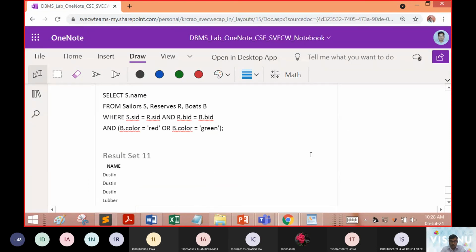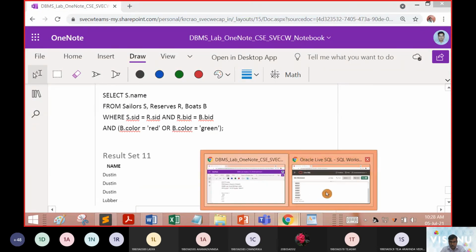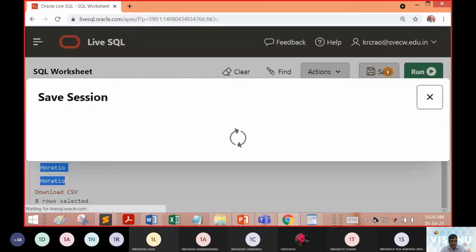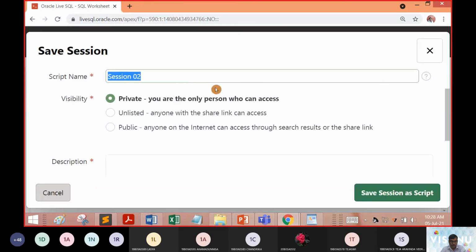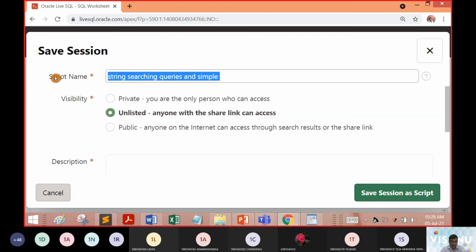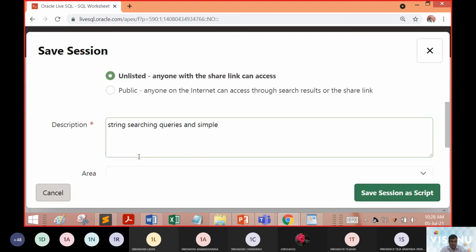Okay, so we will save this exercise for quick and further reference: string queries, string searching, and simple queries. You can make this unlisted, and for future reference I can put this string here and save this script.